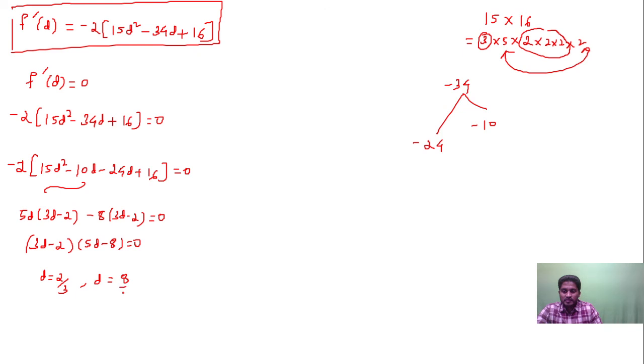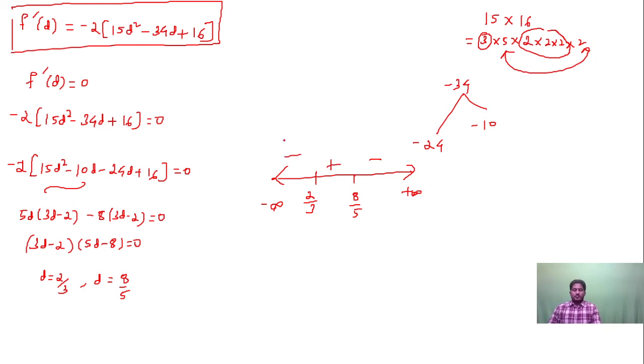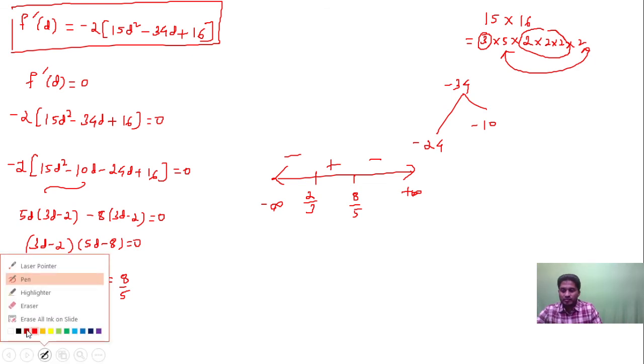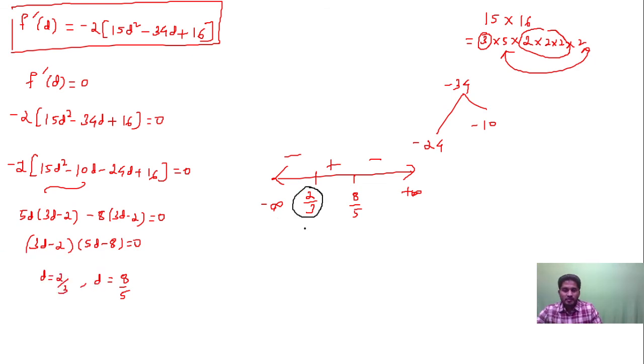So you have to maximize the product. Since f dash of x is negative, when you plot the number line from minus infinity to plus infinity, fix the roots in increasing order. First you get 2 by 3, then you get 8 by 5. Since f dash of x is negative, you should write minus, plus and minus. Isn't it, guys? Increasing and decreasing, textbook 12 standard maxima minima you've done. Whenever it changes the sign from negative to positive, it will be local minimum. And if it changes the sign from positive to negative, then it is local maximum.